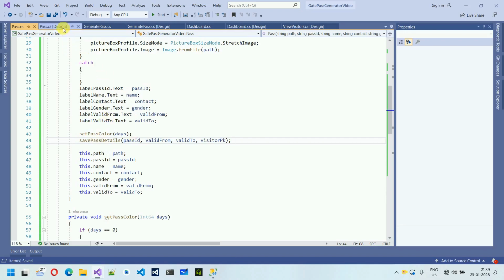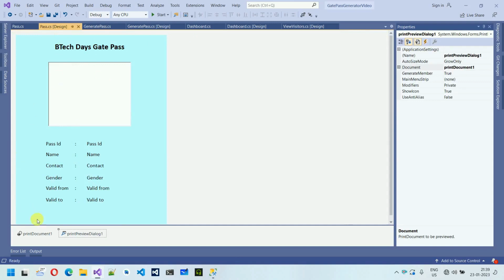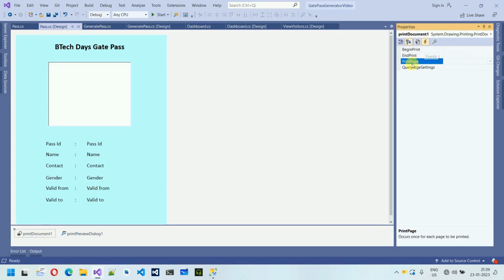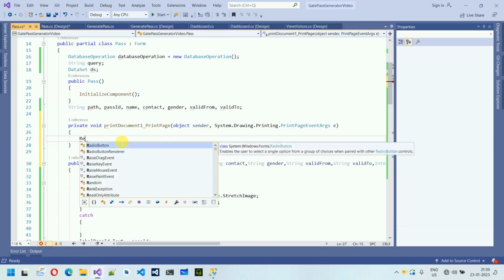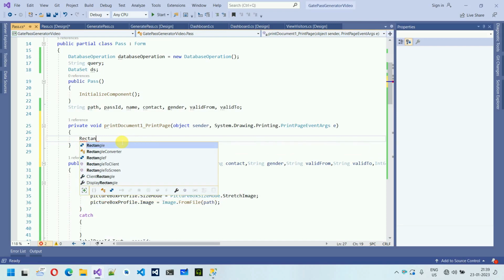For that, if I move back over here and click on this one, that is print document 1, and just go to the setting, and here we have the event that is print page. So double click on this and it will generate an event like this. And after this, we have that pass load stuff, right? So before we do something to the pass load, we have to move back over here and we have to write rectangle